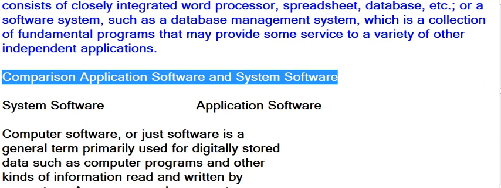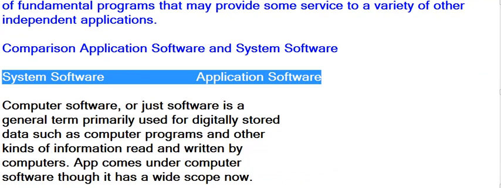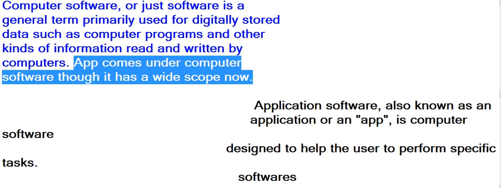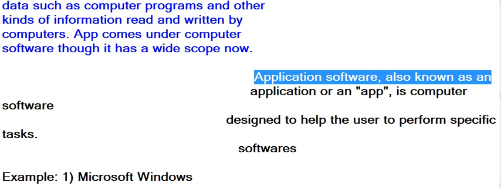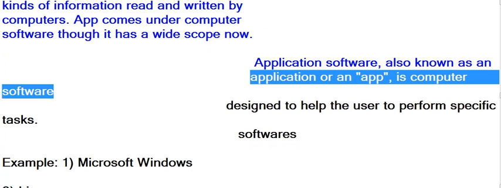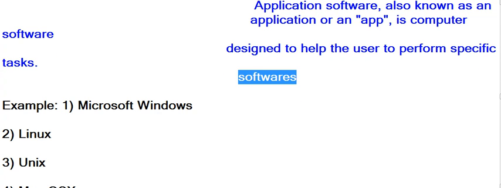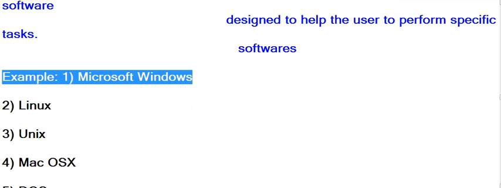Comparison: application software and system software. Computer software, or just software, is a general term primarily used for digitally stored data such as computer programs and other kinds of information read and written by computers. App comes under computer software, though it has a wide scope now. Application software, also known as an application or an app, is computer software designed to help the user to perform specific tasks. Software examples: